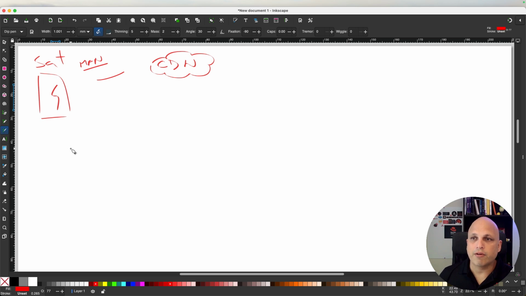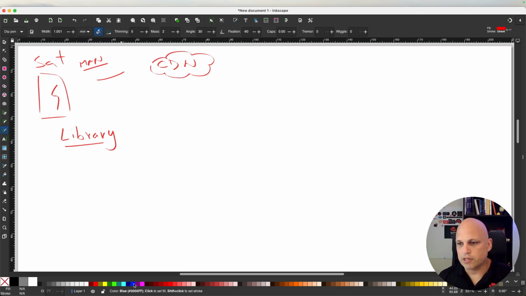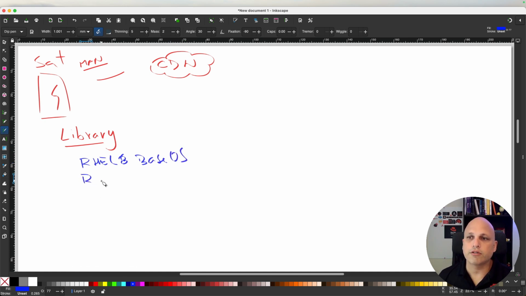Some pieces that I would like to bring here. One of them is library. And Wally, what is library? Anytime that you enable a repository, your repository will be located in library, okay? This is the default place. So for this scenario, let me change the color and let's say that I enable RHEL 8 BaseOS, and then I also enable RHEL 8 AppStream. So we have two repositories over here that we just enabled, and what will happen at the end of the day is those repositories will be available on